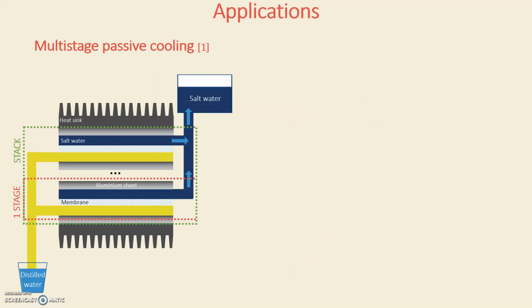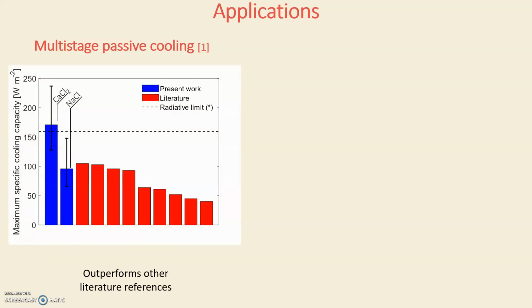The first one is a multi-stage passive cooler, which uses these types of material to absorb water from a reservoir and to sustain an evaporation process. The performance achieved outperforms all the other competitors in the literature using passive devices, and so this is really